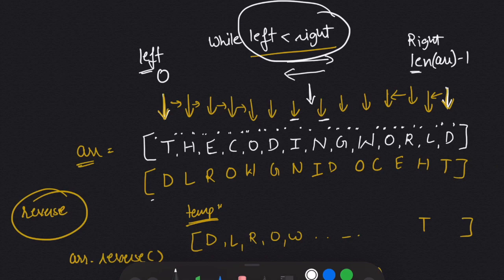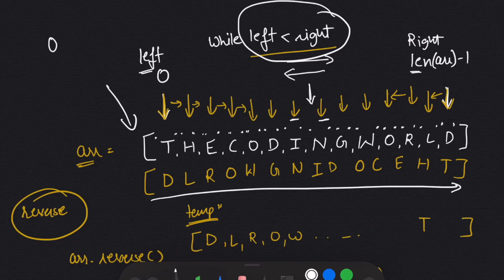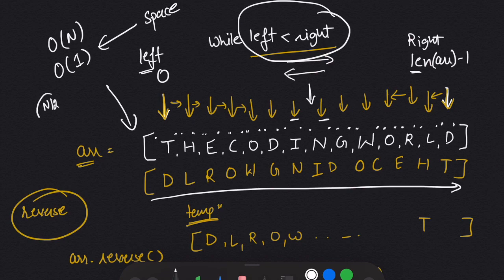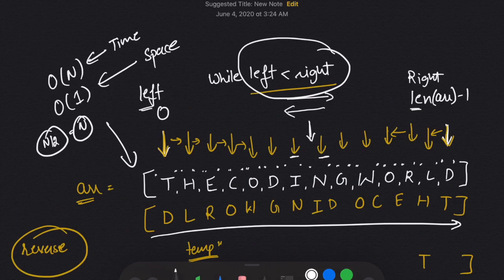And you can see we have reversed our given string, and we are also not using any extra space. So the time complexity for this solution will be O of n time and O of 1 space, because we are doing it in place. The time complexity is O of n because we are swapping n by 2 characters, and n by 2 is equal to n. So this is the way we can solve this question.